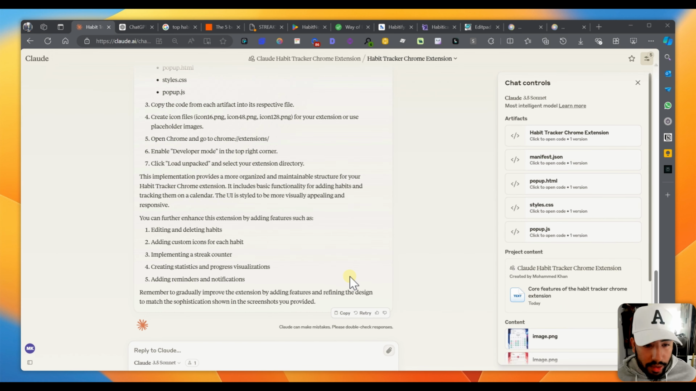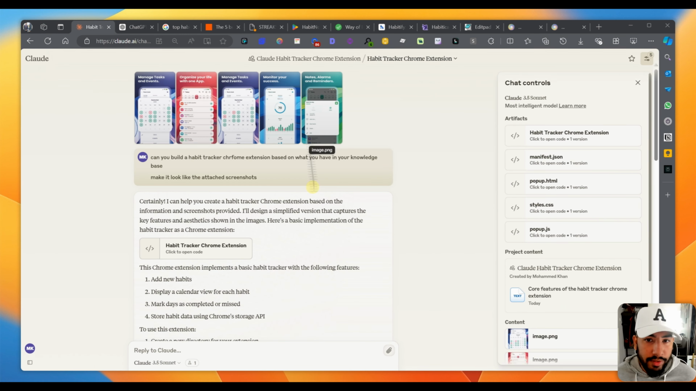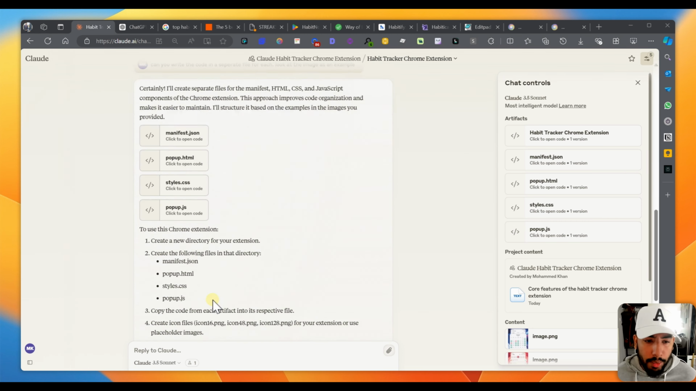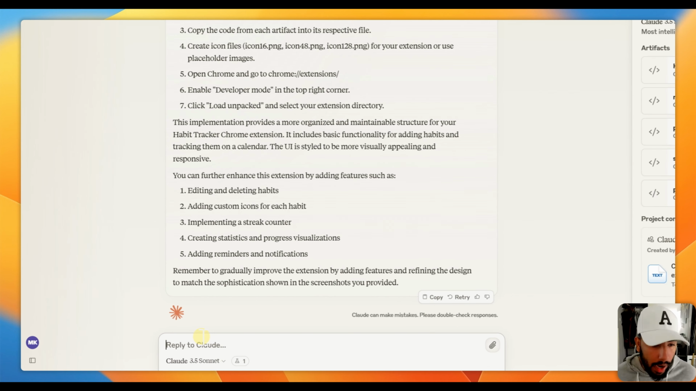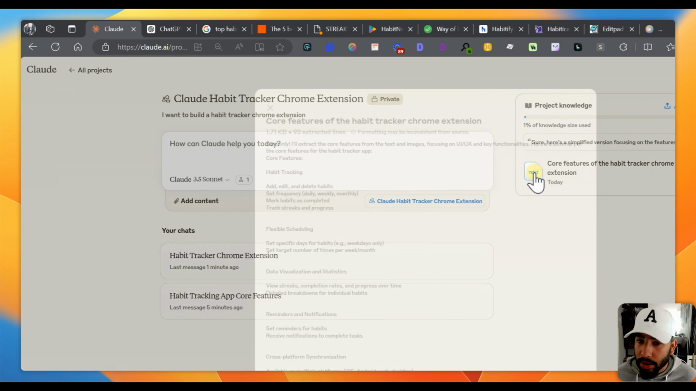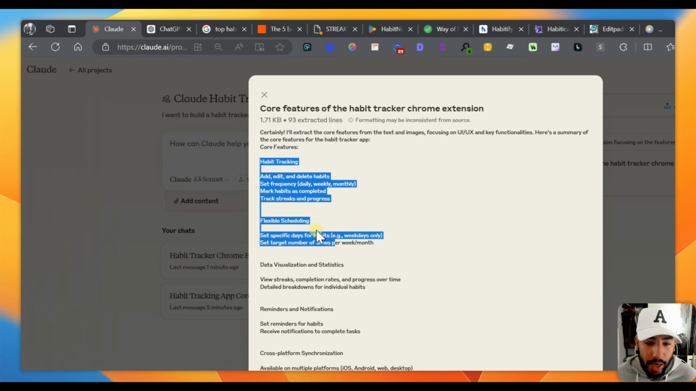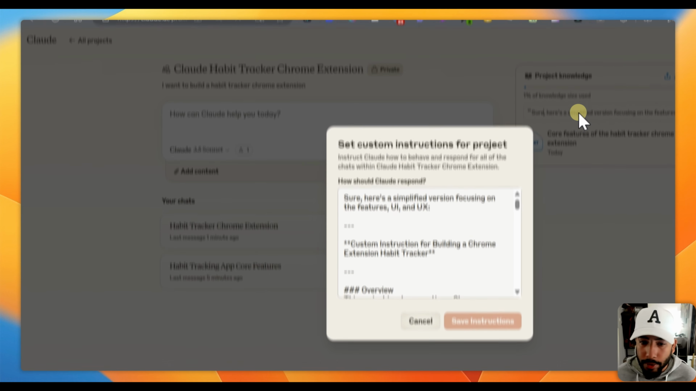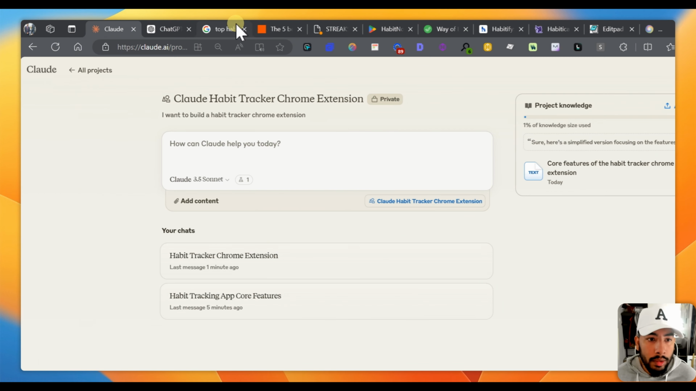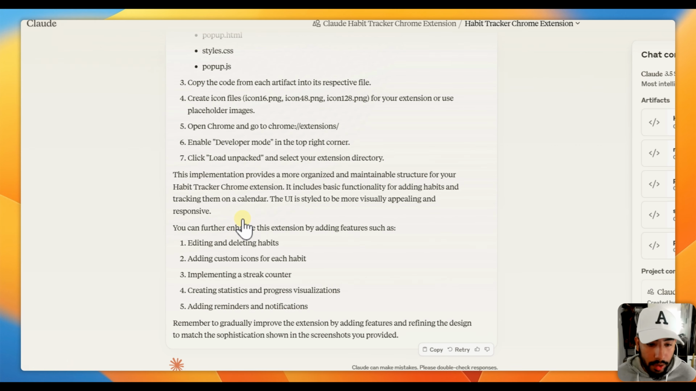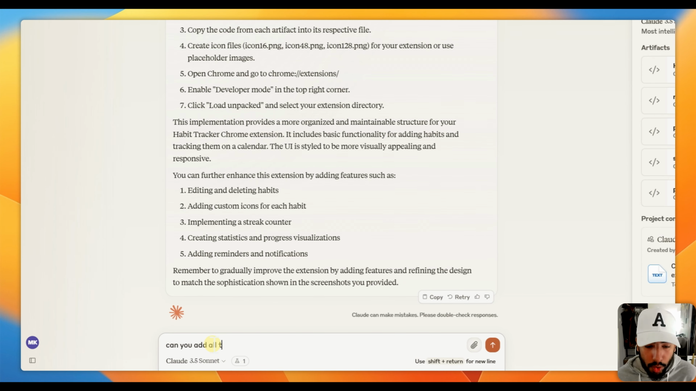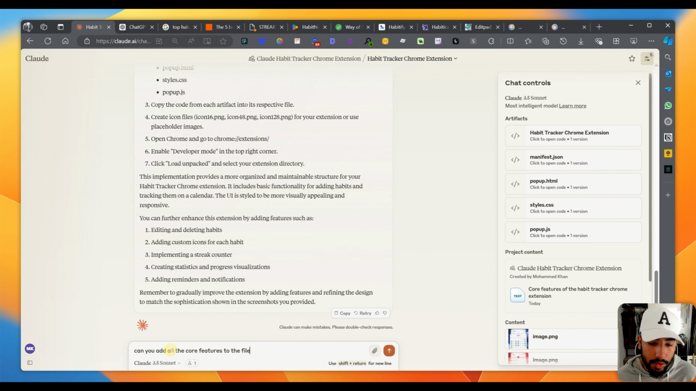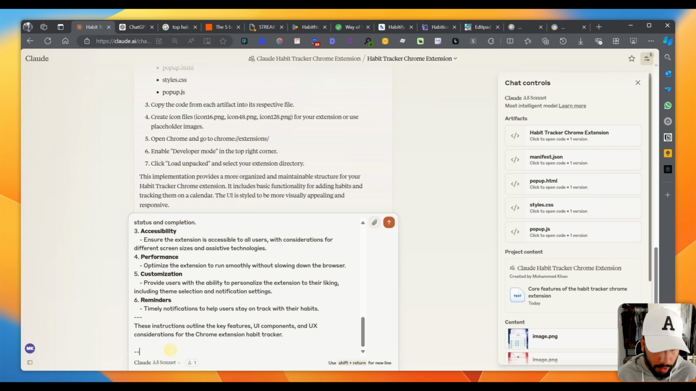So it's telling me that I can't add more than 5 images per chat because I have 5 images here. Okay, what I'm gonna do now is I'm gonna actually go back to the projects, and I'm going to go to the core features. I'm gonna click on that, and I'm just gonna copy all this, habit tracking, copy that, and I'm also gonna go here, and just copy that. I'm gonna go back to the chat, which was this one here. Can you add all the core features to the files as below? And I'm just gonna copy that,